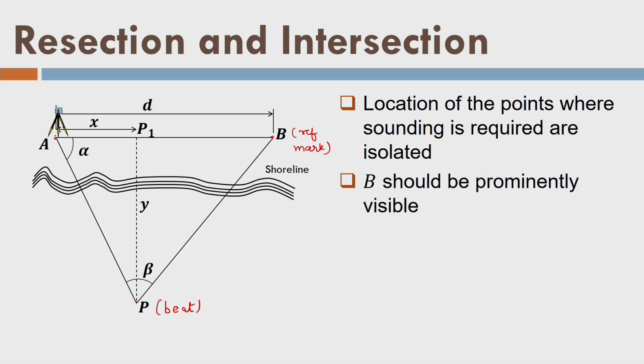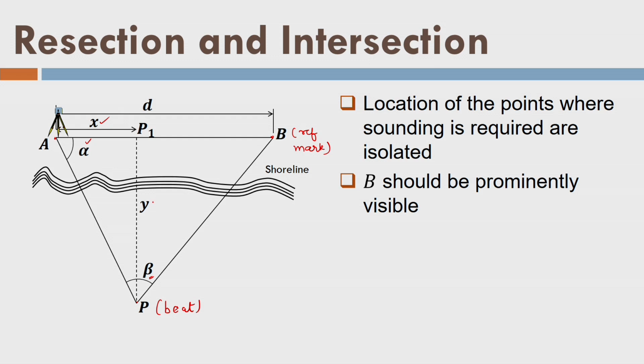Fine. So, at point A we are setting up our instrument, say total station or theodolite, and then we measure the angle at A to the boat for the current given position of the boat, and we also know the distance D. So, using distance D and the angle alpha and angle beta which is measured at the boat, we can determine the position of boat P, that is my xy location. Again, this method is equally good like the resection and intersection method, and it is a combination of resection and intersection. Fine. By using the same formula, you can find out x and y, which we have used in the intersection.